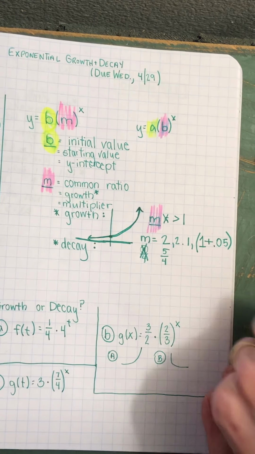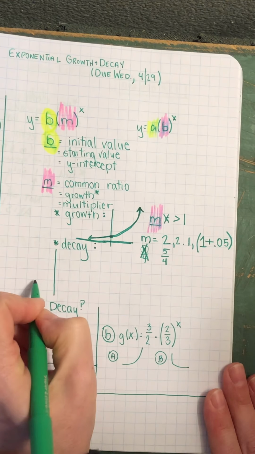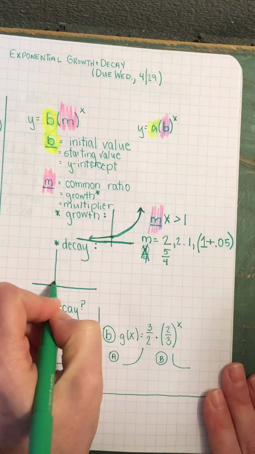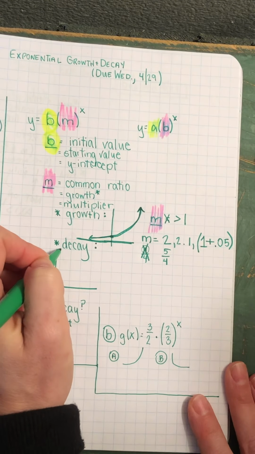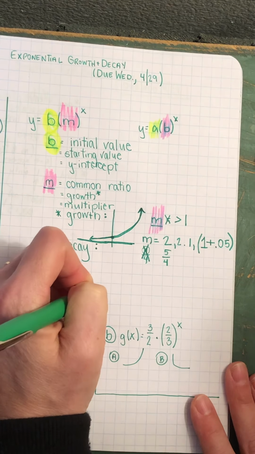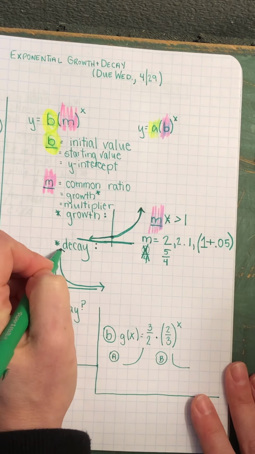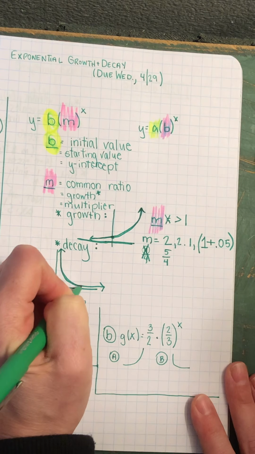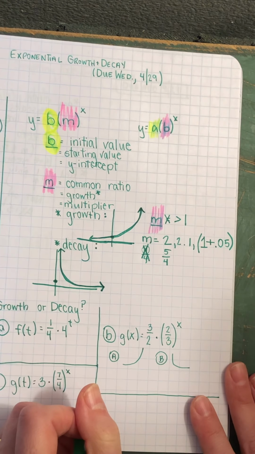Okay, so conversely, decay, or actually, Khan shows it kind of like this. So we'll just do that for us. Again, we go from left to right. Going to the right, we are getting really low, really fast. And you'll see that